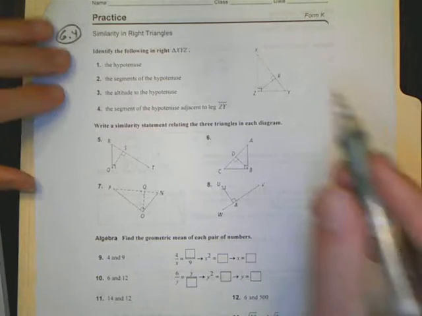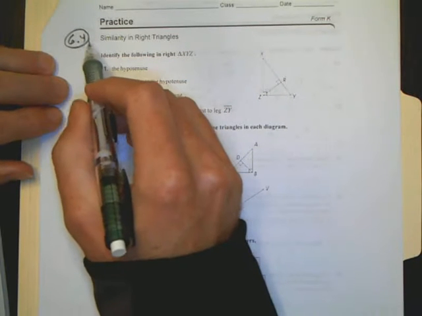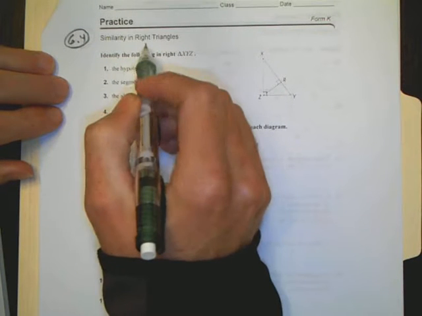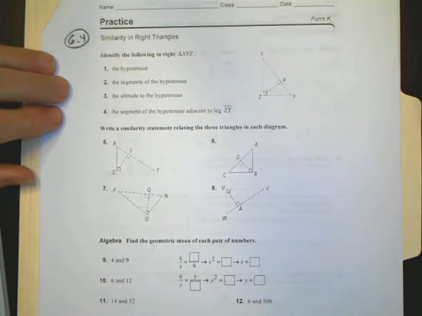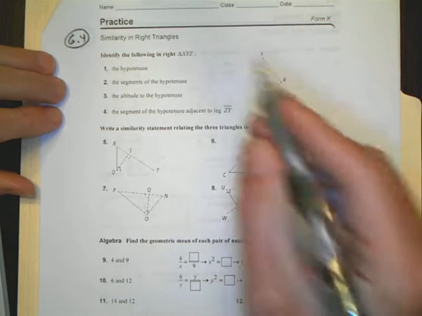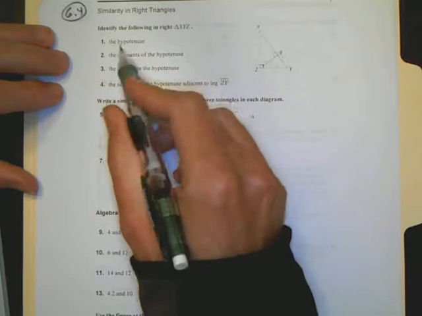Alright guys, today we're going to go over Math 2, Unit 6, Lesson 4, Similarity in Right Triangles. This is basically going to be some homework help to go along with your lessons for this week. So, beginning with the first few, the first questions are asking you to identify some portion of this triangle